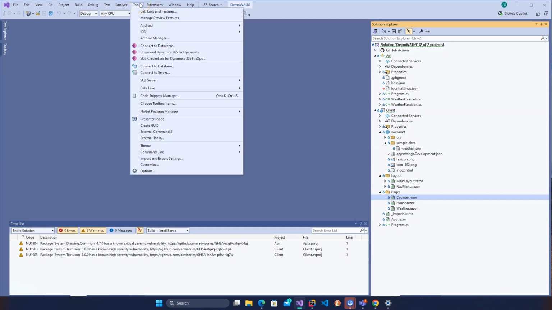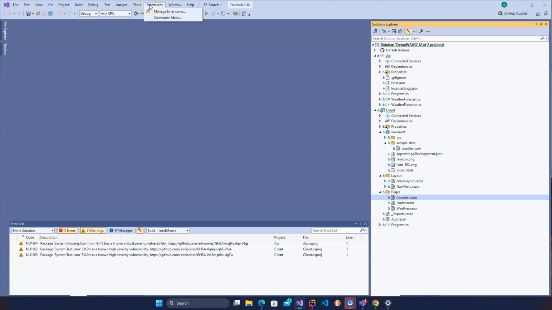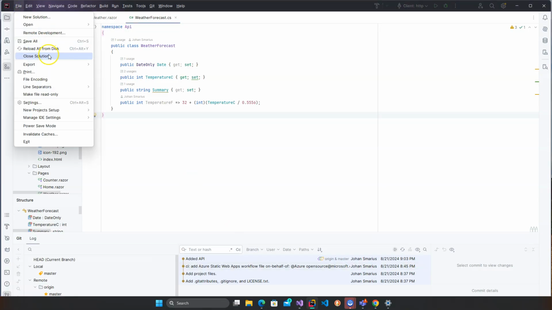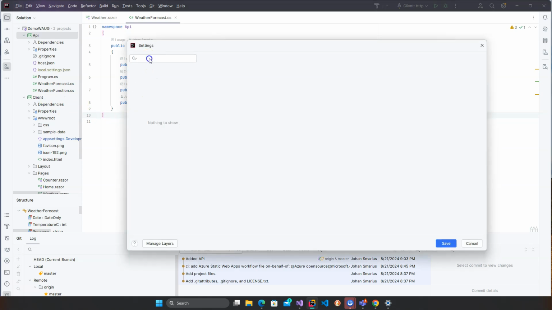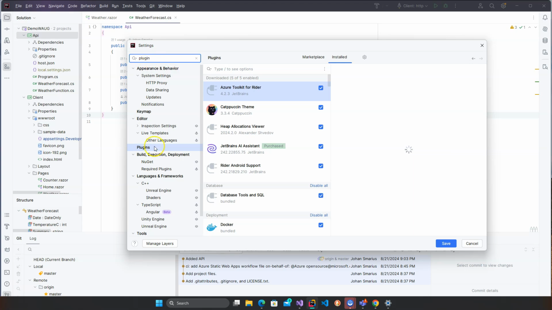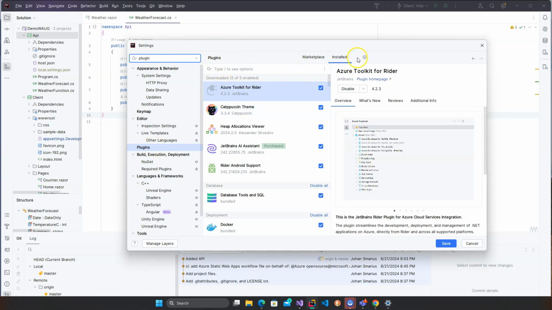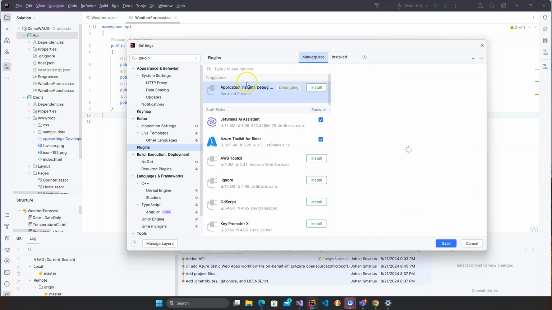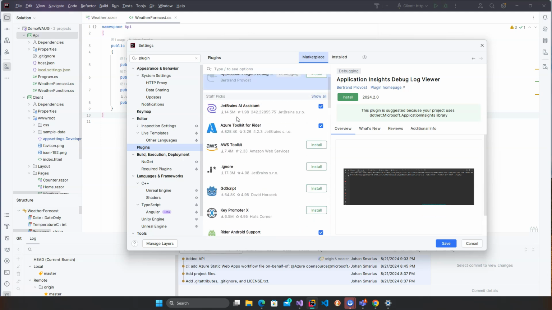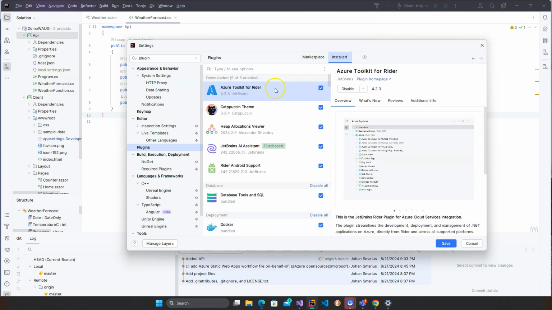I do use some plugins within Visual Studio, so things that you may not see. Extensions are covered as plugins within Rider. So if I go to my solution and if I go to settings, I do have here, and that's why I want to show you, you can easily search through all the things. So I can go through my plugins and I can see which ones I have installed and which are part of the marketplace. So I can look up, do I have any plugins that I really want to use? One of the plugins that I do advise you to use